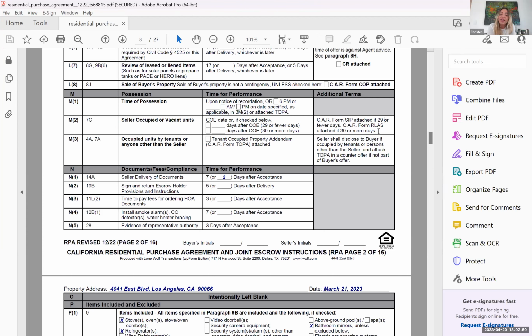So you would go ahead, and this is, by the way, a very common situation in real estate. If you're not familiar with CAR form SIP or RLAS, you will probably want to print them out, read them, and take a look at them. If your escrow is, in this instance, a single family home occupied by a tenant, because we're